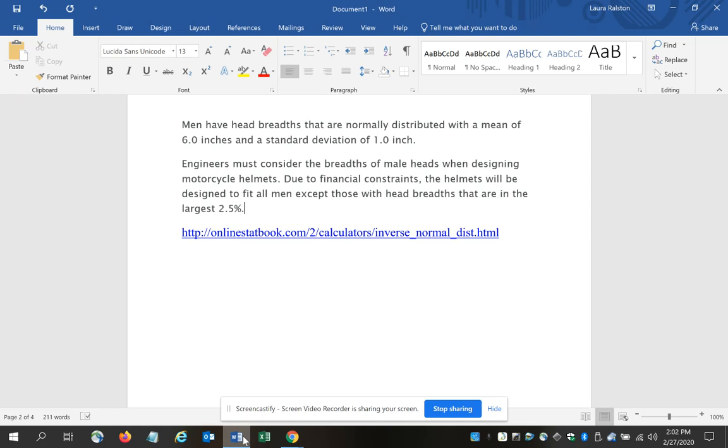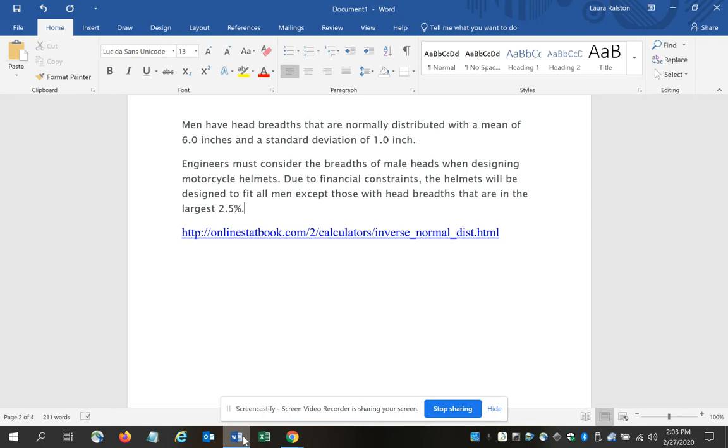But as we read this question, it says men have head breadths that are normally distributed with a mean of 6 inches and a standard deviation of 1 inch. Engineers must consider the breadths of male heads when designing motorcycle helmets. Due to financial constraints, the helmets will be designed to fit all men except those with head breadths that are